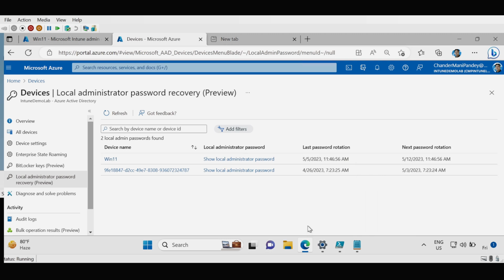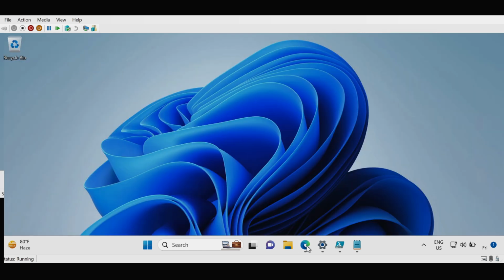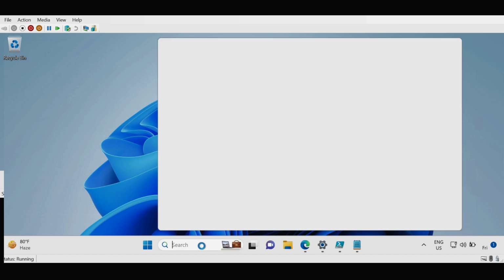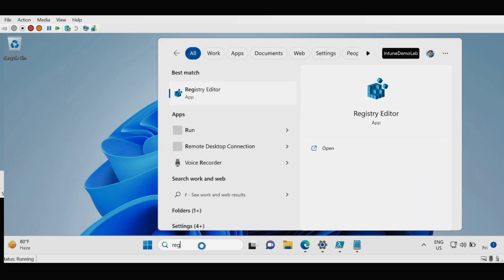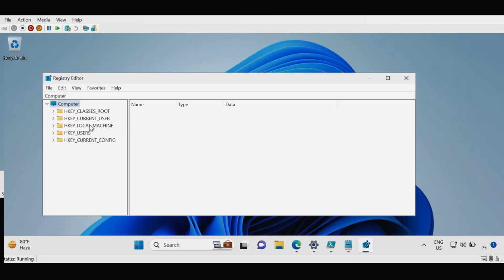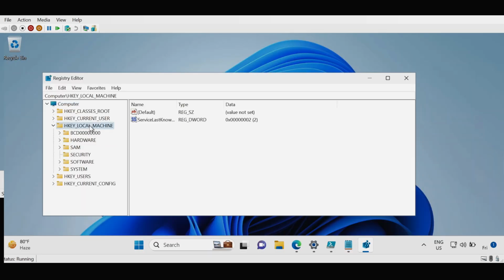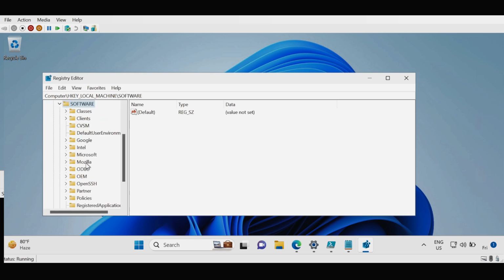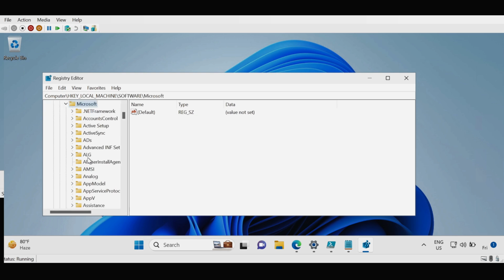Now let's see how we can validate whether LAPS is applied on the device or not. So to do this we have to go to the device, and then the first thing we have to check is the registry. So I'm going to open the registry, and within registry we have to go to HKLM, and within that we have to go to the software and then Microsoft, and then we have to go to the policy, and within policy we can see that we have a